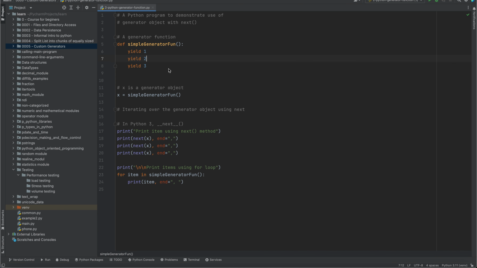Hello, in this program we are going to create a generator function. Here in this example, I created a simple generator function, and a generator function is simply a usual function with a yield statement inside it. This function just yields the following three values, 1, 2